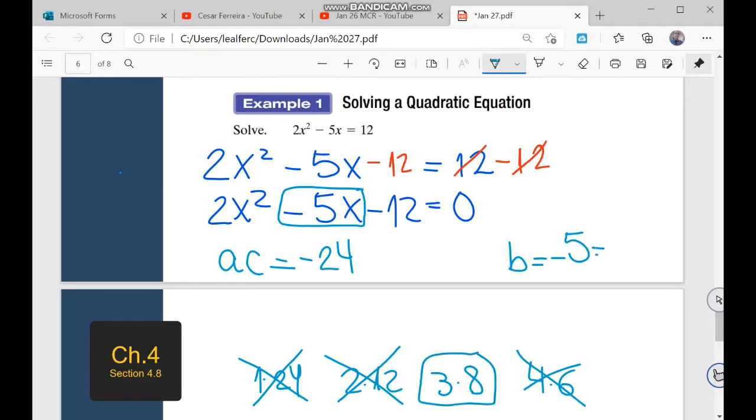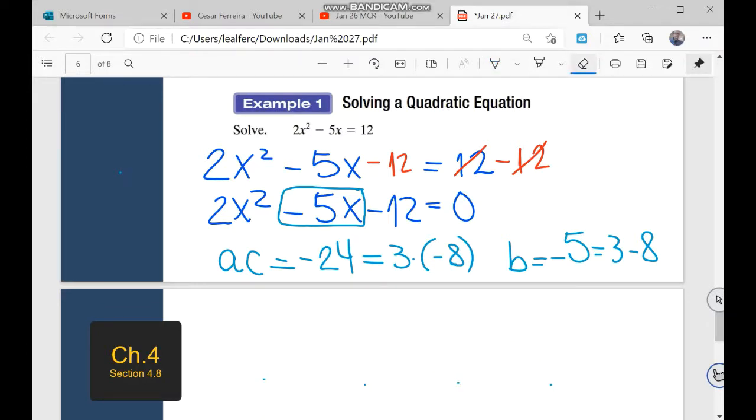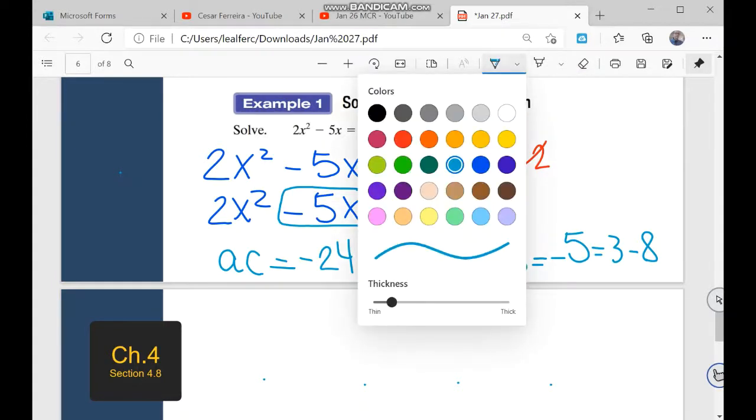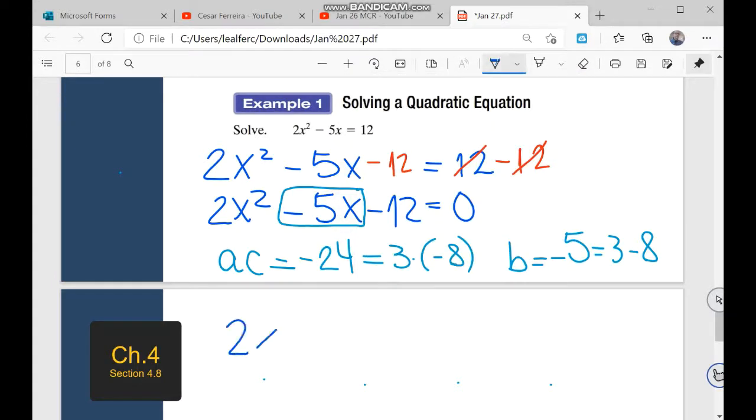Check it out. You can make 3 minus 8 equals negative 5, and you can make 3 times negative 8 equals negative 24. Great! We have the 2 numbers. Now break down this term, negative 5x, into 2. So we can write the equation as 2x squared, just repeat. Instead of negative 5x, we're going to write minus 8x plus 3x